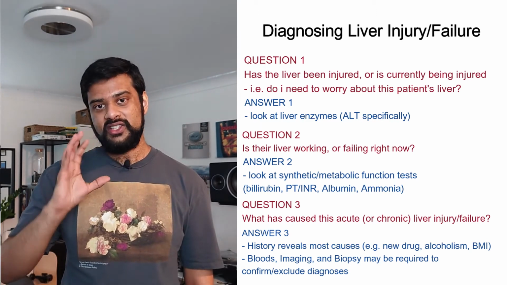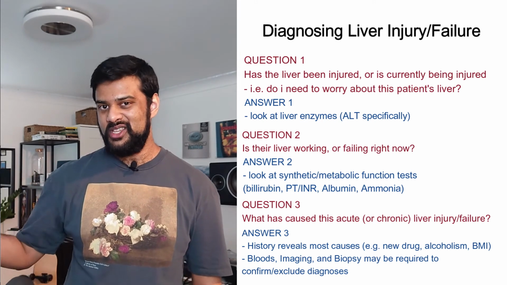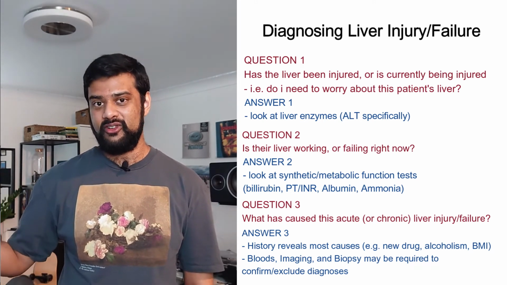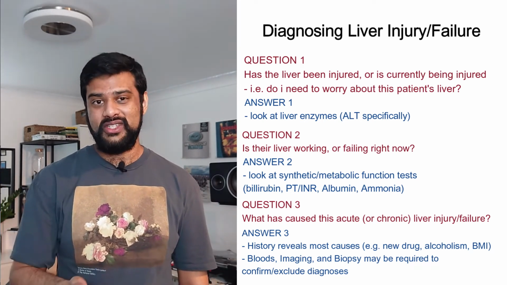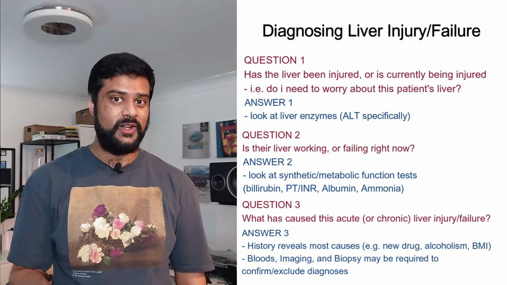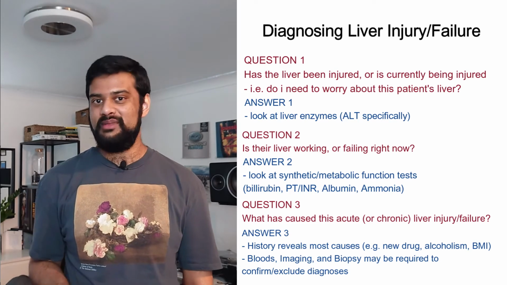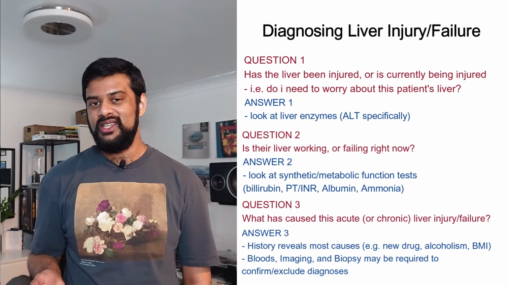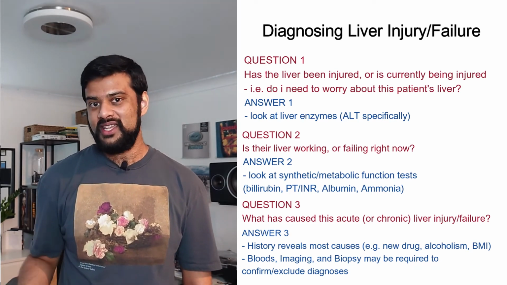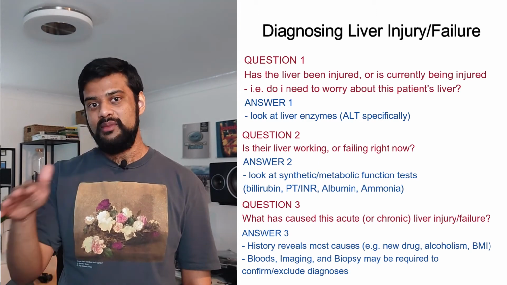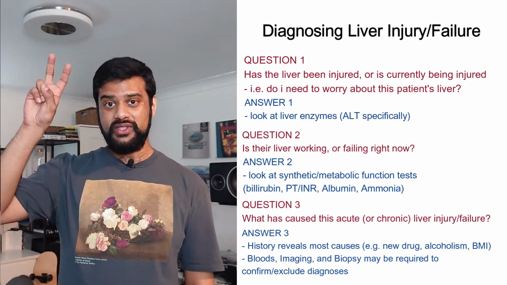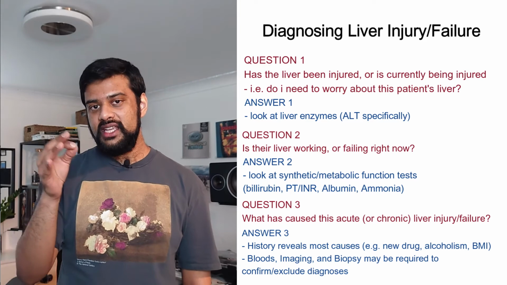I shouldn't exclude that she hasn't got an autoimmune hepatitis or primary biliary cirrhosis on the basis that, well, she's obese and she's got diabetes, it's non-alcoholic fatty liver disease. Because if she did have an autoimmune hepatitis or primary biliary cirrhosis, we would never know unless we do the blood test. So there is a time and place to do the full diagnostic tests, but you need to be